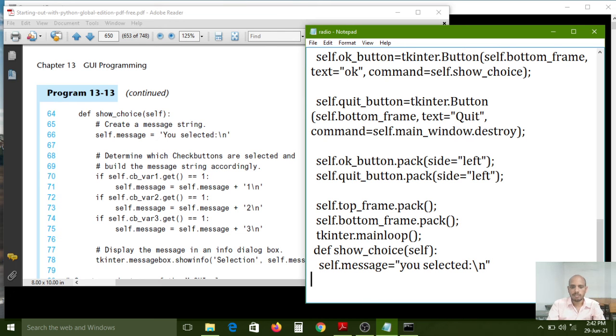And next is the if condition. If self.cb_var1.get() equal to 1, then return the message. One indentation is for the class, one for the definition, and one for the if condition.